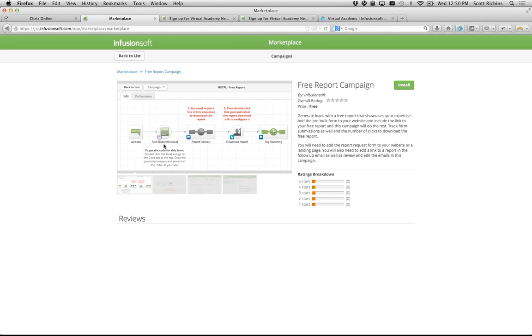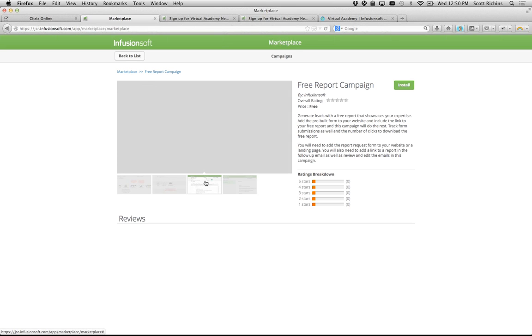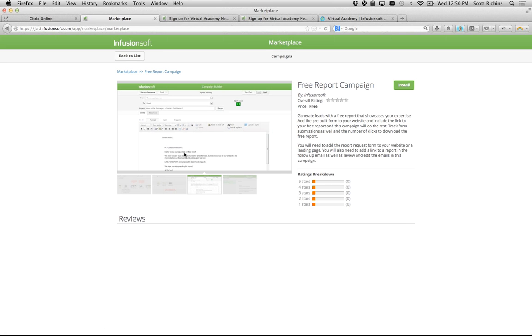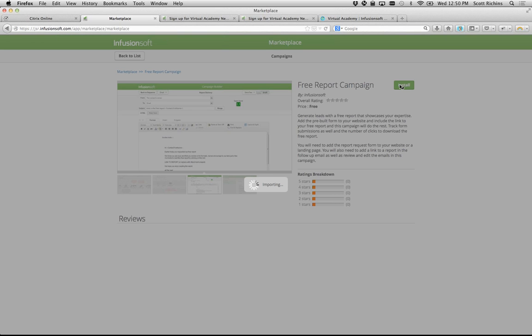Great. We've got a website. There's a free report web form here. There's a sequence. Somebody can click to download. Okay. There's a lot of information here that you can then come see what it looks like. These include email, text as well. So these are preformed campaigns that you can load into your software by simply clicking install